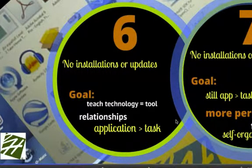And so instead of giving our tech department the biggest headache in the world, having to troubleshoot 510 students, we're going to say, okay, no, if there is an update worth getting, we will arrange to have that update given to you. But typically the updates that come out, unless it's a huge security update, are really insignificant. And if it is huge and we need to do it, then our tech department will come out and do that. But if we just opened it up to kids to install whatever they wanted, you have no idea what